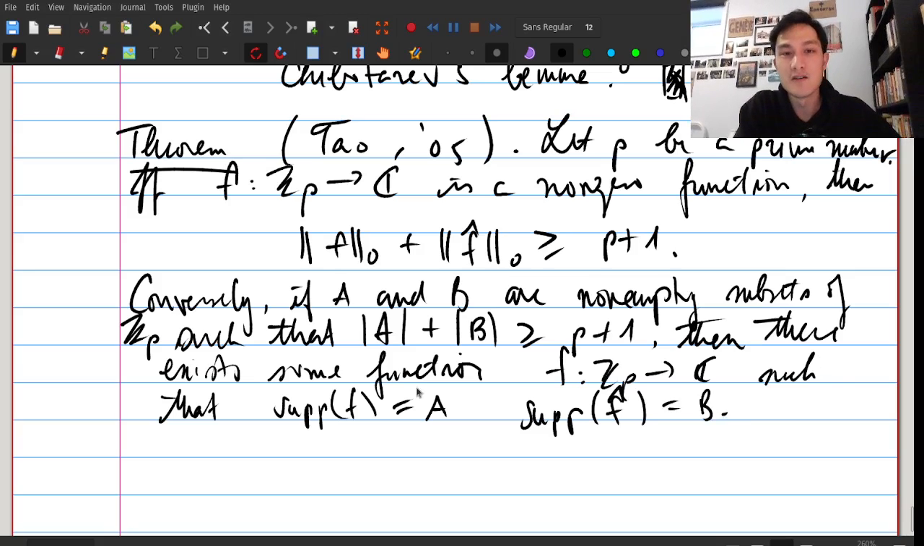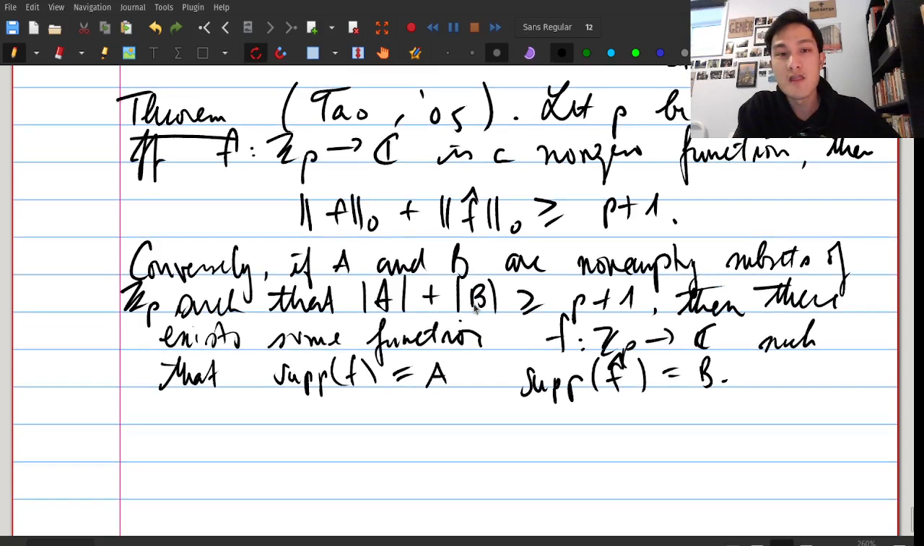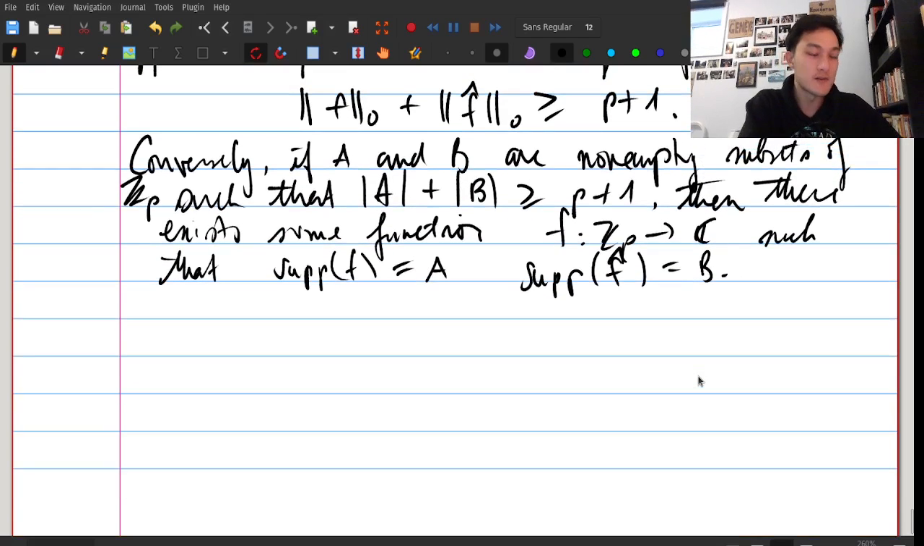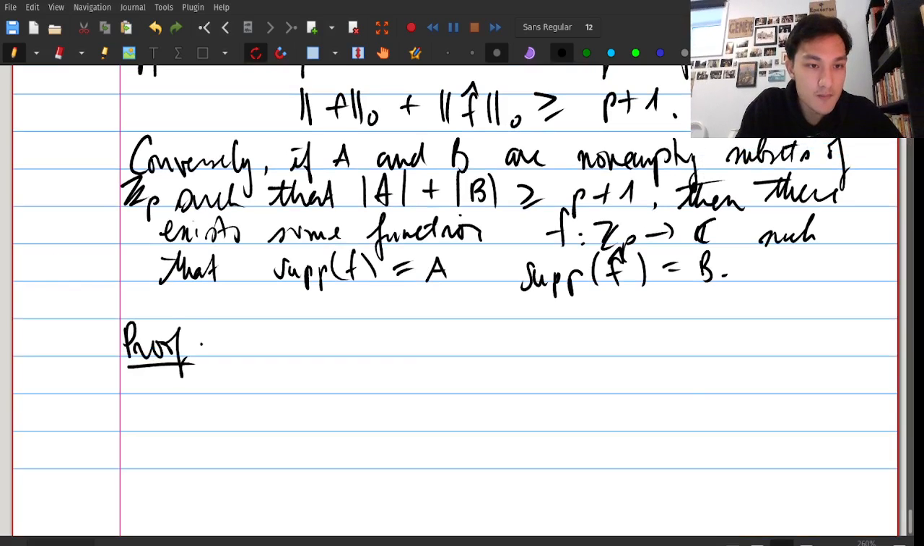It's saying, not only do all functions satisfy this inequality, but if some sets satisfy this inequality, then there is a function whose support is A and the support of the Fourier transform is B. So let's do the proof. Like I said, the first part is going to be pretty easy now that we have proven the little corollary above. So suppose towards a contradiction